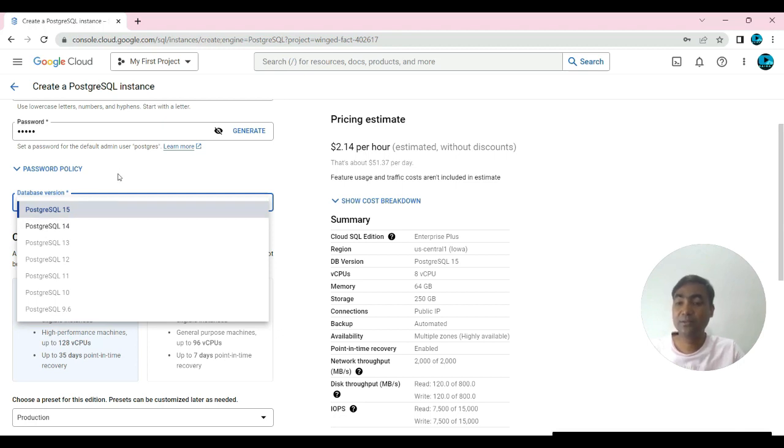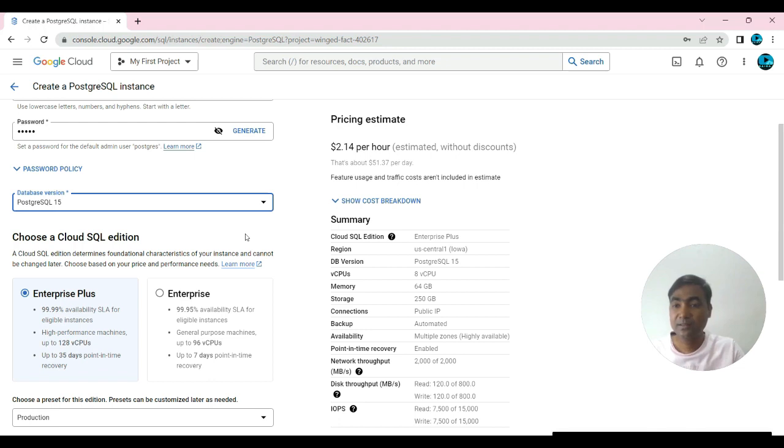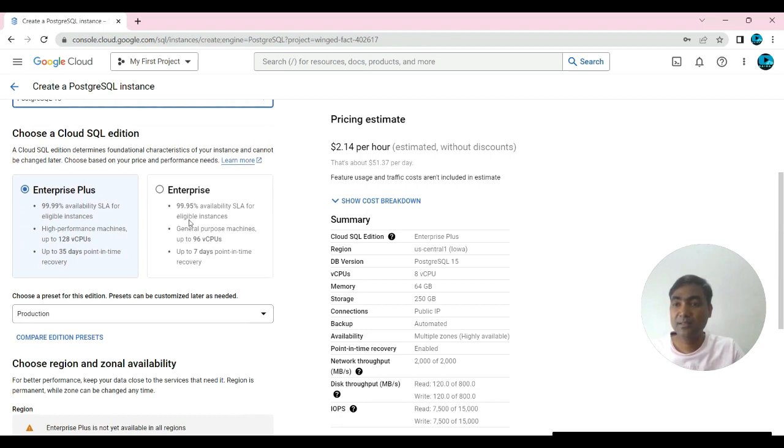You can select based on your project requirement. I select PostgreSQL 15. As you can see here, this is the important section. You can select the Enterprise Plus edition or the Enterprise edition. The SLA availability of the Enterprise Plus edition is 99.99%, and the Enterprise edition availability is